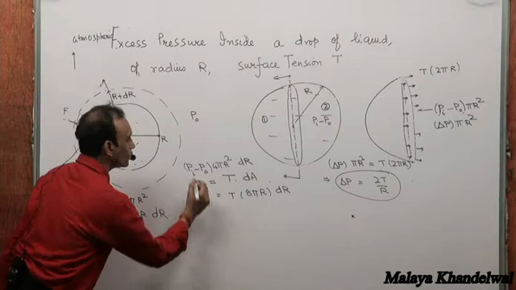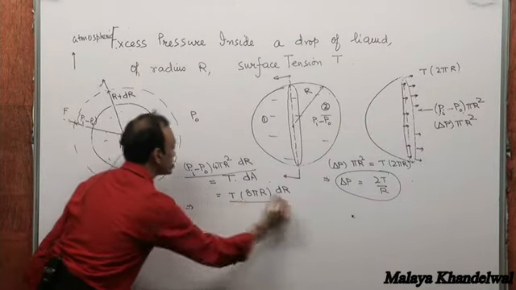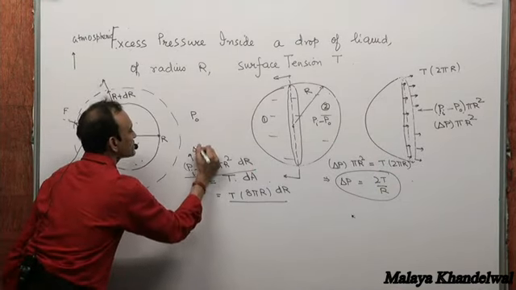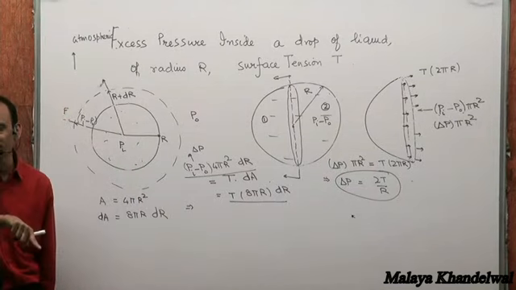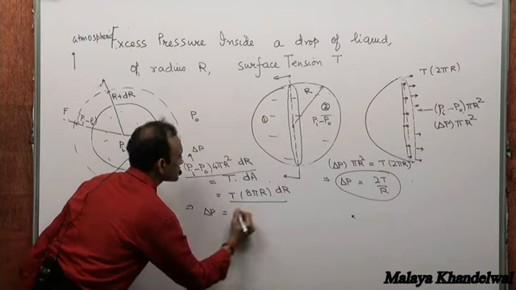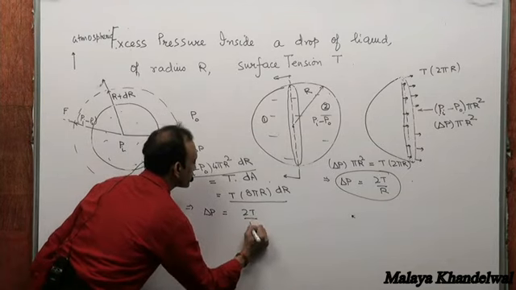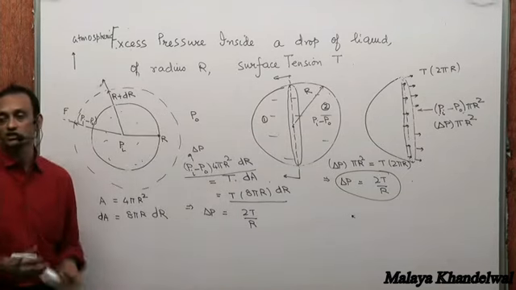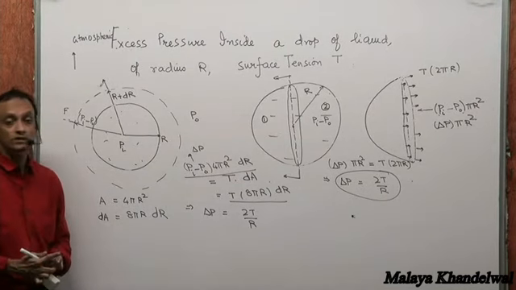So now using this, and this is my delta P, the excess pressure in the concave region compared to the convex region, delta P, as you can see, is 2T by R. This is from energy considerations. Excess pressure inside is 2T by